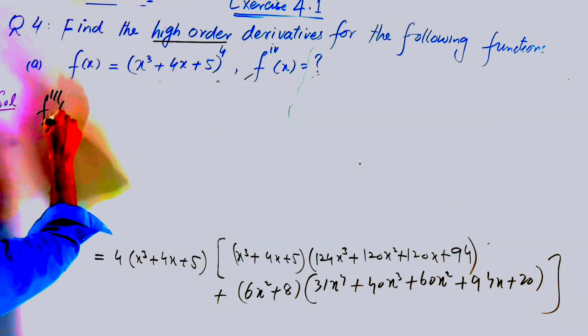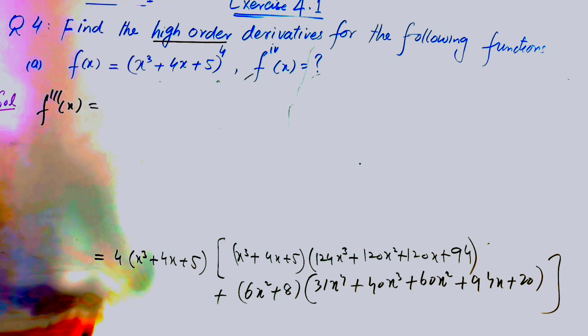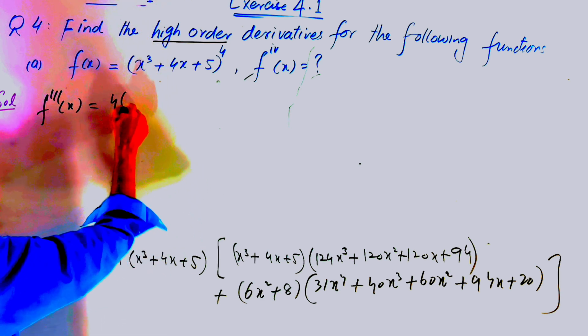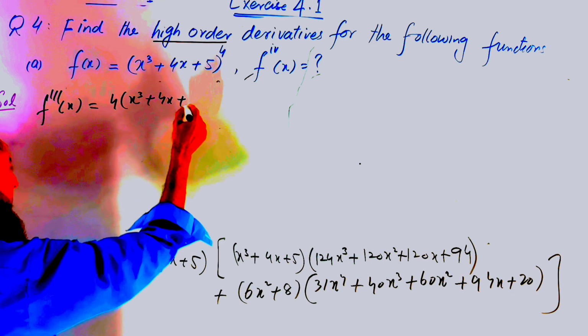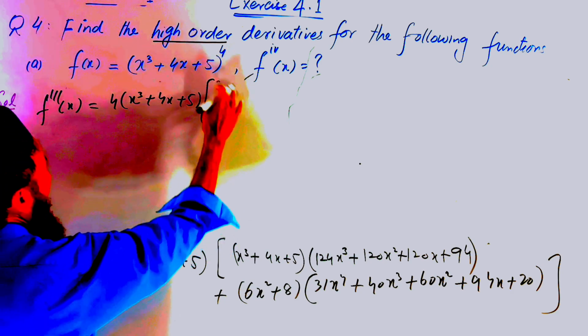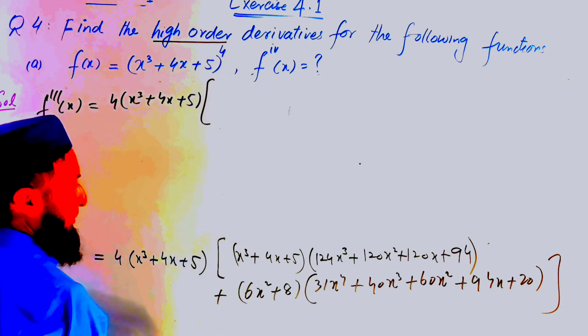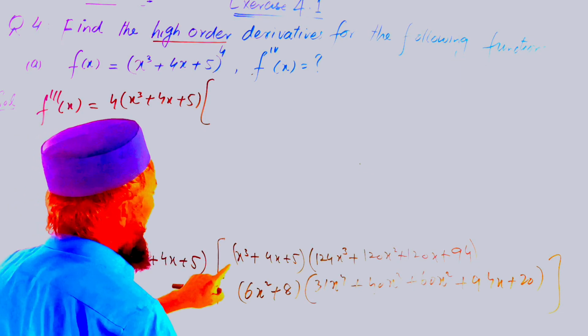Further simplify, the third derivative is equal to 4x cube plus 4x plus 5 common, and we multiply this term by x